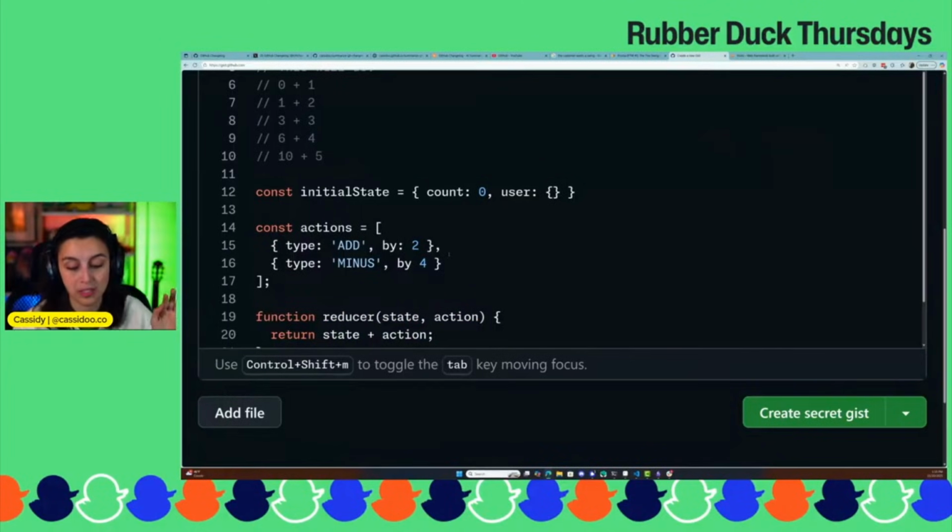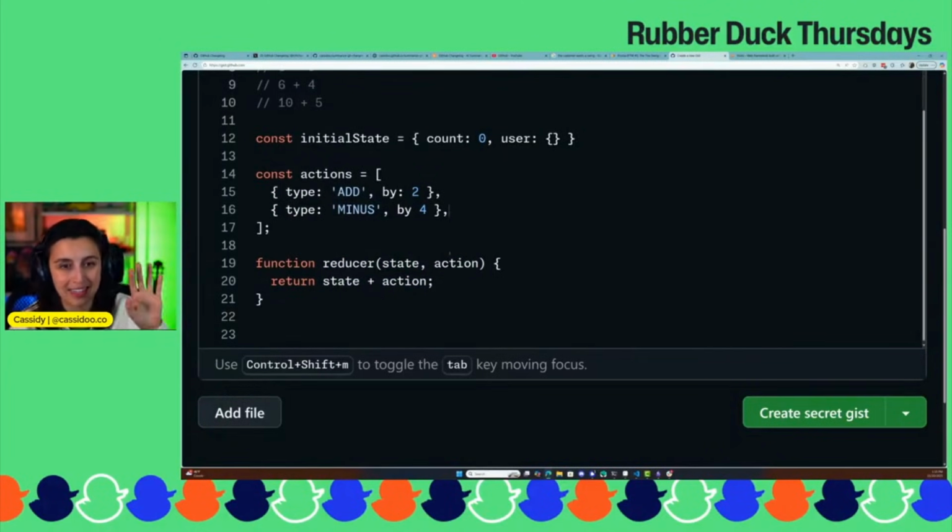These actions could then be applied. We could add as many as we want to this, but you get the idea. We want to apply these actions to this initial state. And so this reducer, now instead of doing this return state plus action, what I'm going to do in here